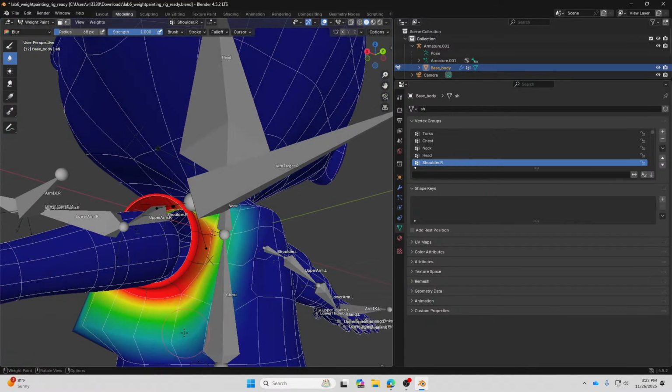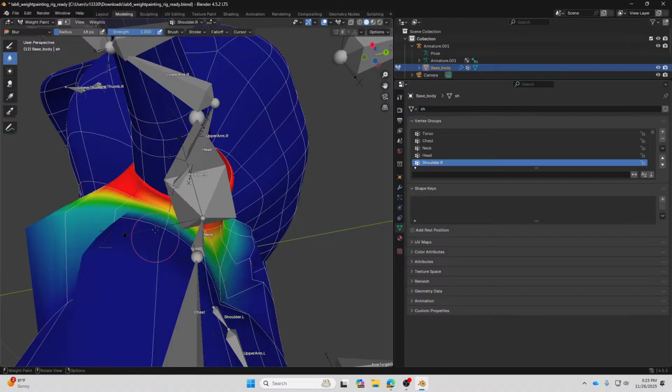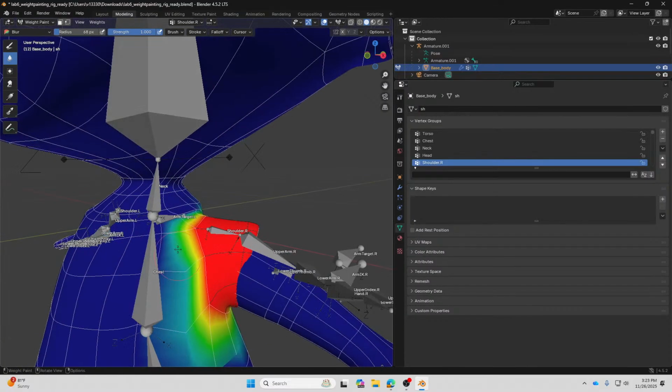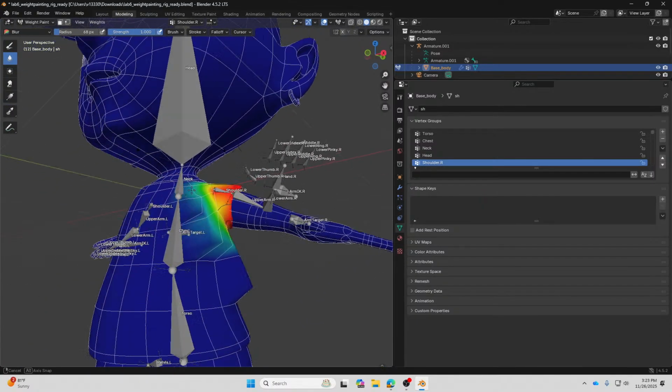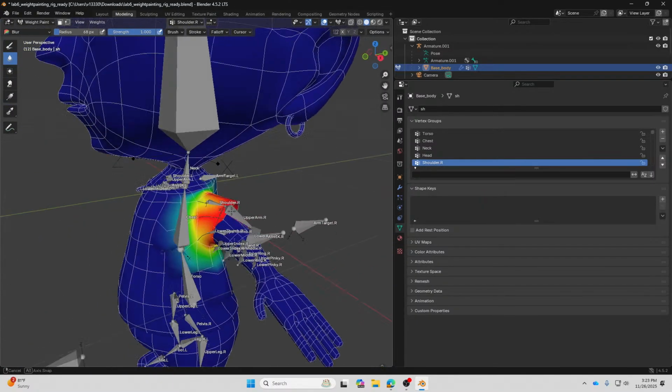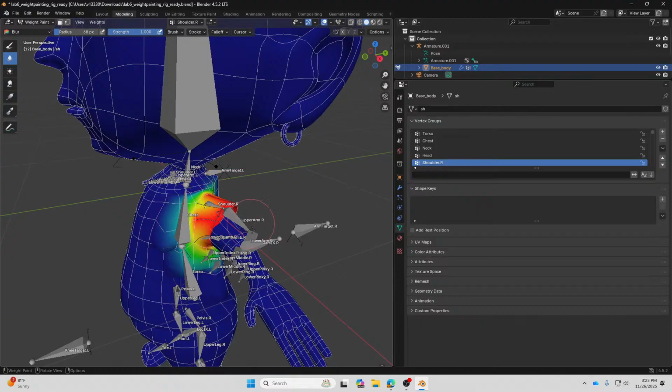If I smooth out the transitions over here, you're going to see that it deforms, basically following the position of the shoulder over here.